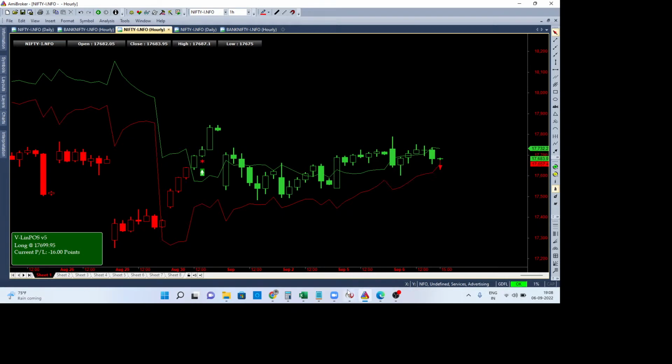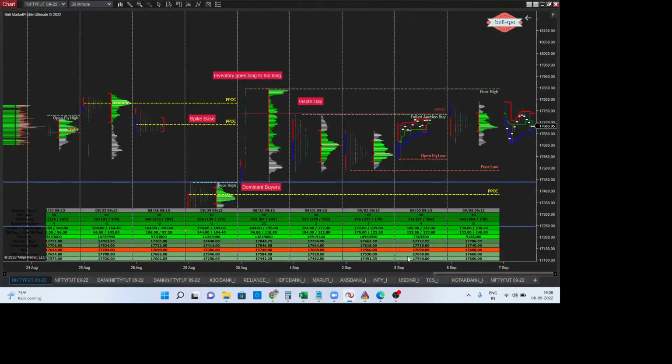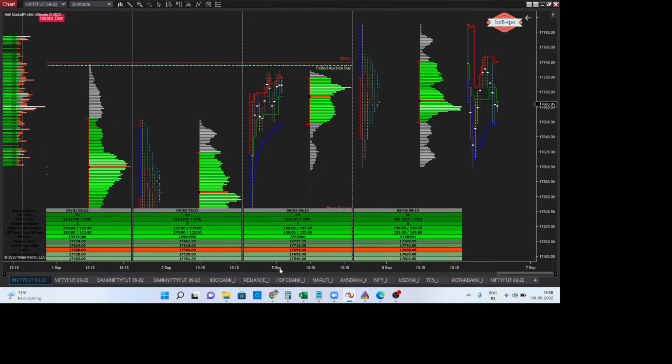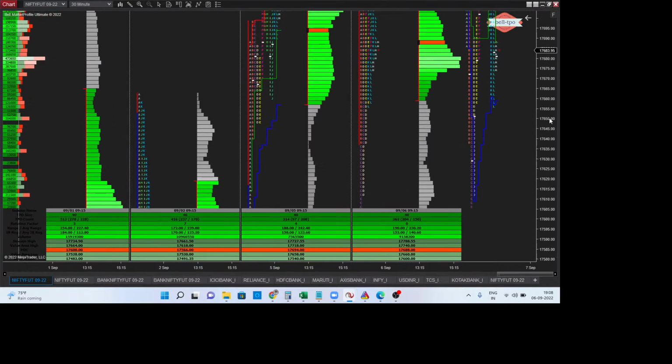So the last thing I'll be looking into is the market profile. Let me look into the market profile over here. Now, let me tell you, a lot of interesting things are happening in the market profile. Yesterday, a lot of weaker hands traded the longs, which is very much evident if you look at these levels, the letters D and E.